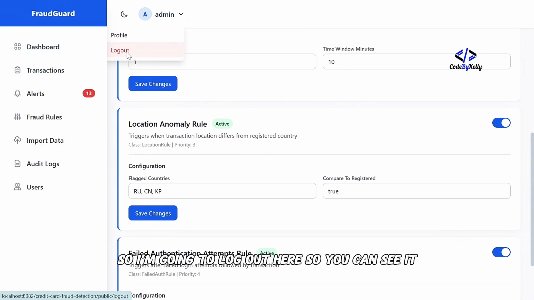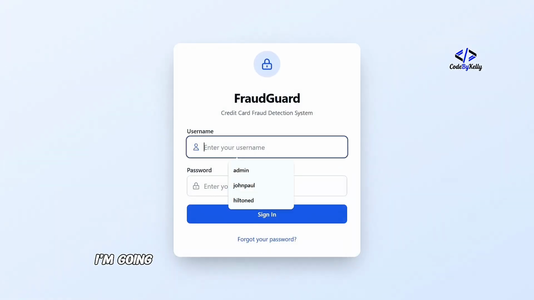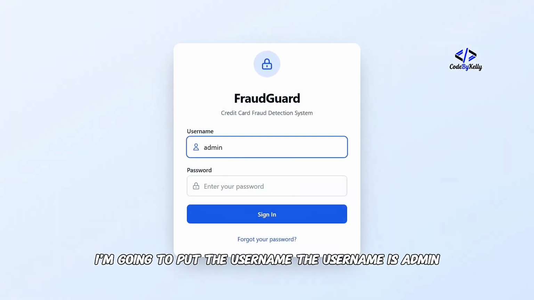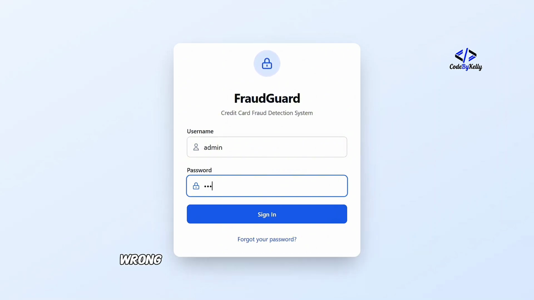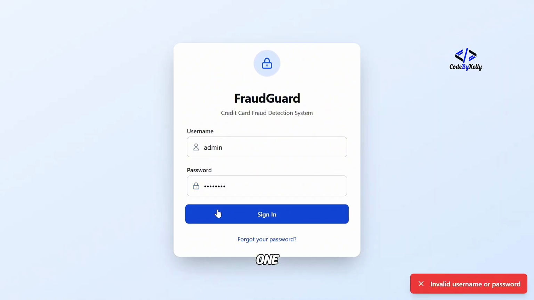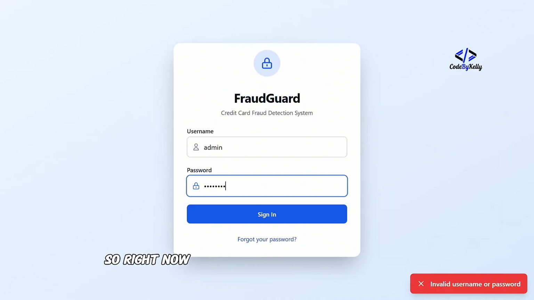So you can see I log out. So I'm going to put the username. Username is admin. I'm logging in as an admin, though we have 3 users. So I'm going to put the wrong password first for the first attempt. 1. Going to try again. 2. So right now I'm going to put the right password. So this is even wrong. So let me even put